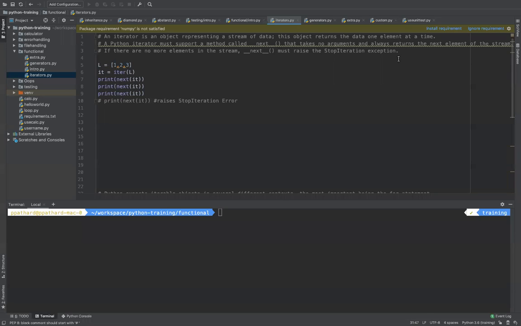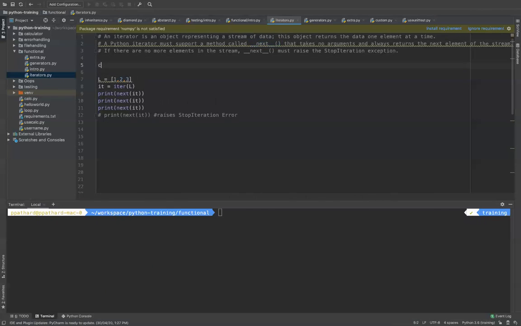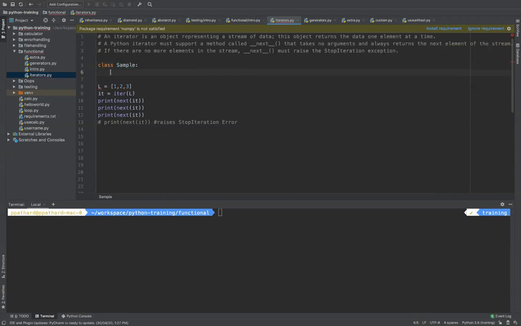So how does this work internally? As we learned in object oriented programming in Python, we have something known as magic methods, right? Any iterator must have a method called underscore next. For example, I will define a sample class, and it should have this next.